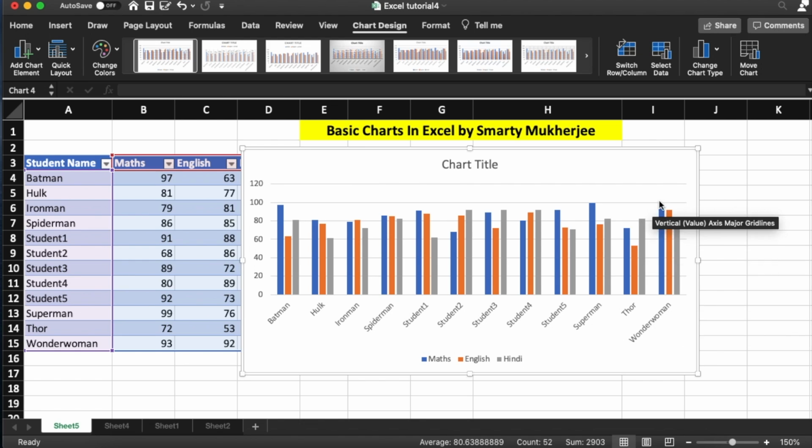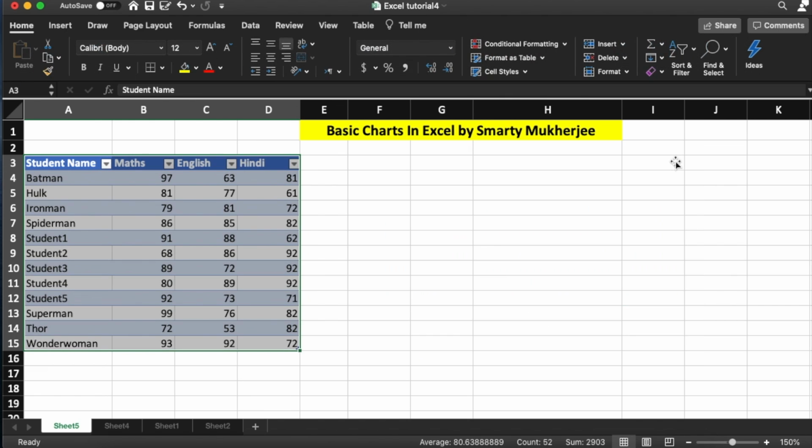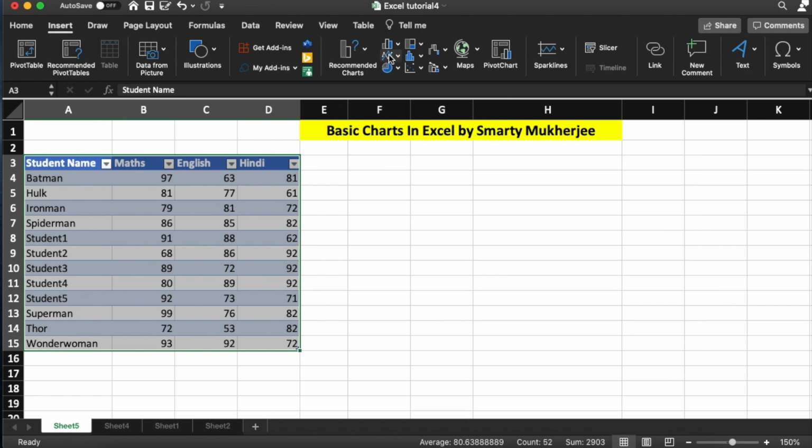So now you have an option to switch rows and columns or select different data or change the chart type or move the chart. So you can choose from recommended options, or you can go ahead and create your own chart. So let me delete this for you, and let's go ahead and select one of the charts.